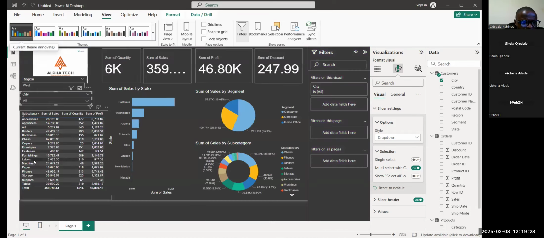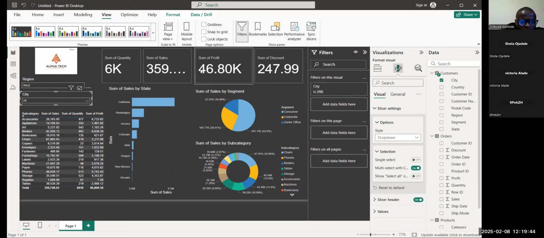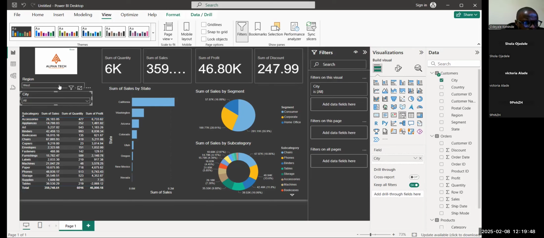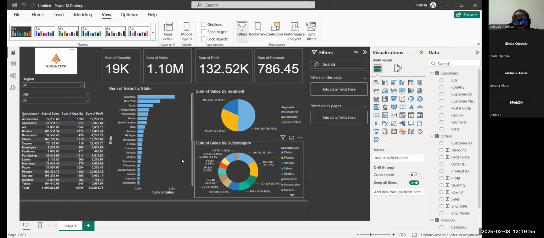Let's use black. Can you see that? So let's reduce this. This is our dashboard. Let's remove west in this region. Can you see? So you can use a theme